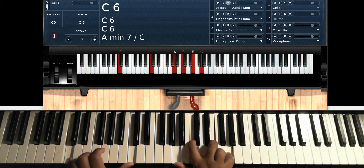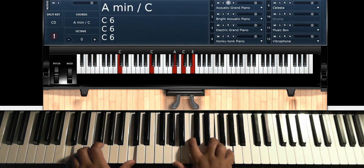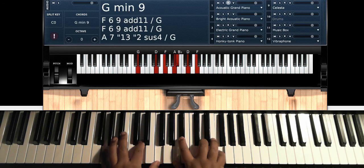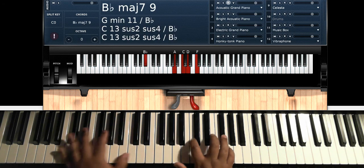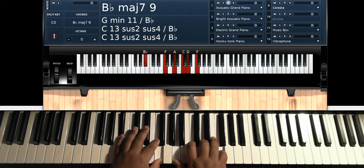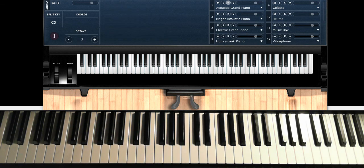Even on my little digital piano, the name it gave for the chord was A minor 7 over C, so that's what I wrote on the chord sheet. Double C on the left hand, A, C, E, G. All right, so those are your three chords. Now, the specific bass line is...